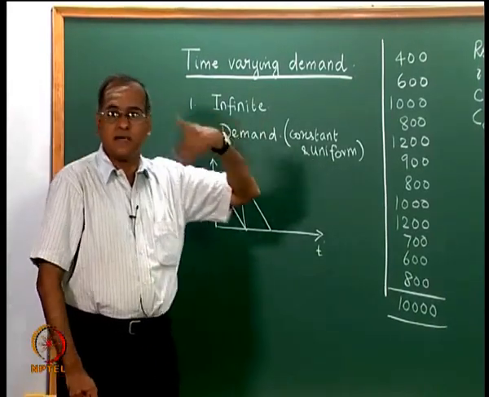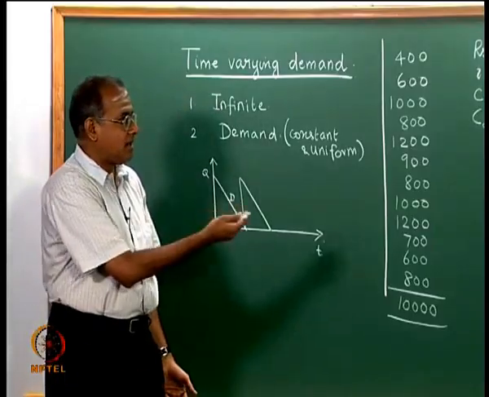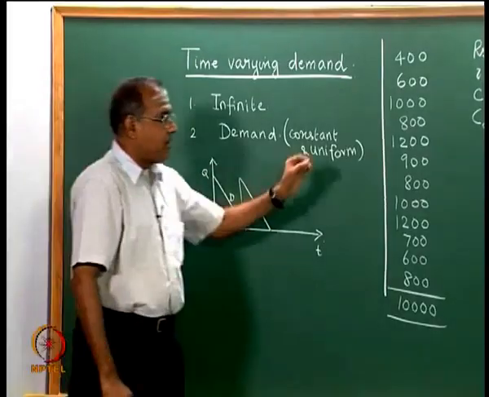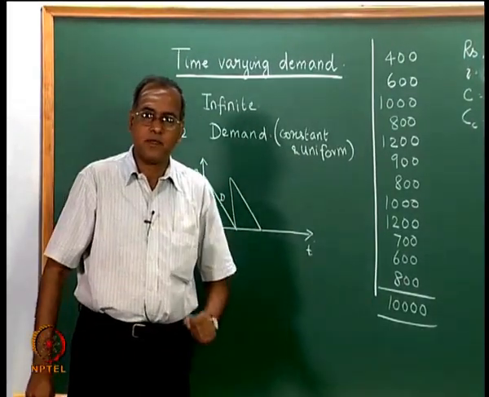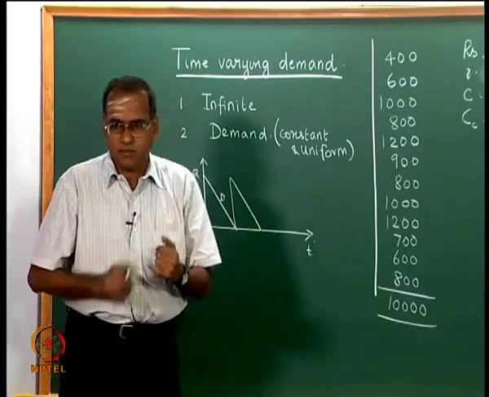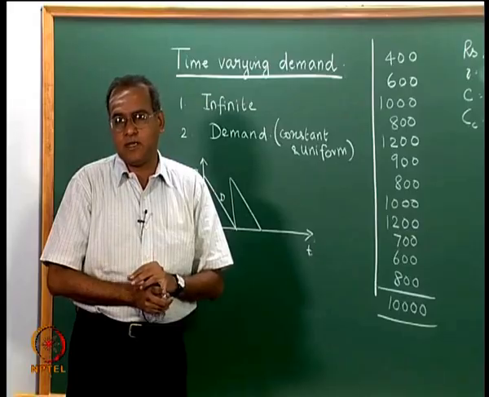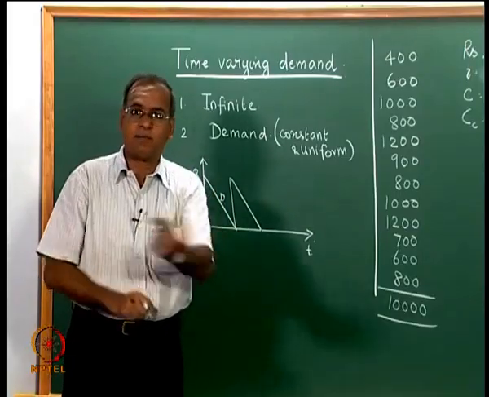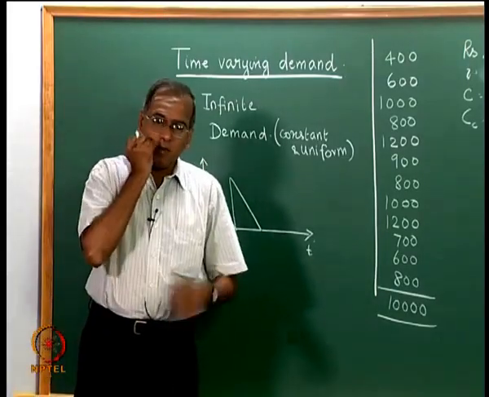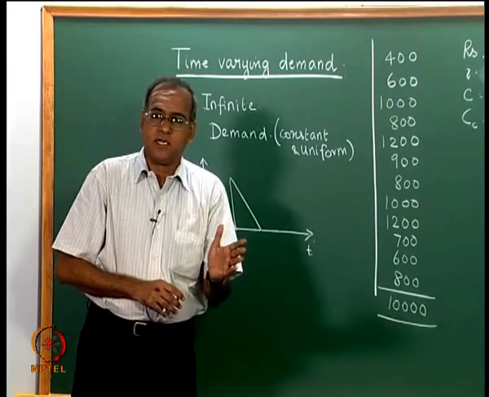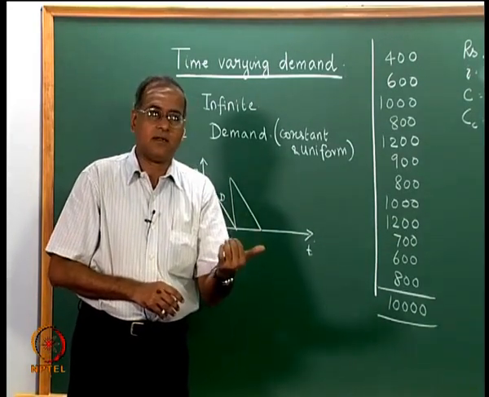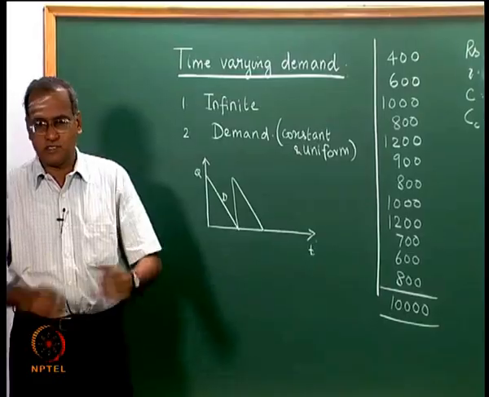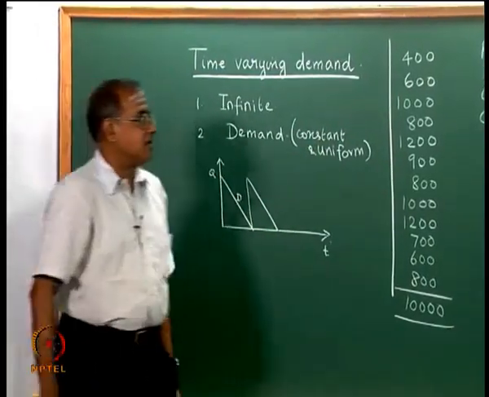One could solve it using dynamic programming also, but at the moment let me formulate and solve an integer programming problem for this. So the moment we take care of these two assumptions, that the order is placed at the beginning of the month and the order quantity should be the summation of k months demand, k could be 1 or 2 or 3 from that point. And secondly, we place an order only when the stock is 0. If there is stock at the beginning of that month, then there should be enough stock to meet the requirement of that month. So the moment we assume these two things, which will happen under certain conditions,